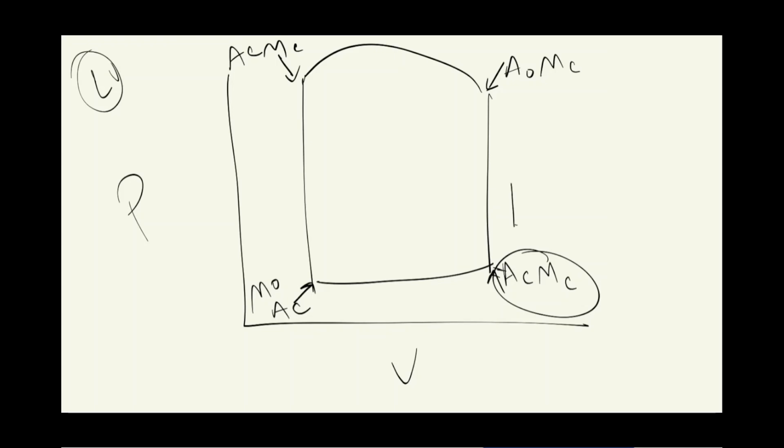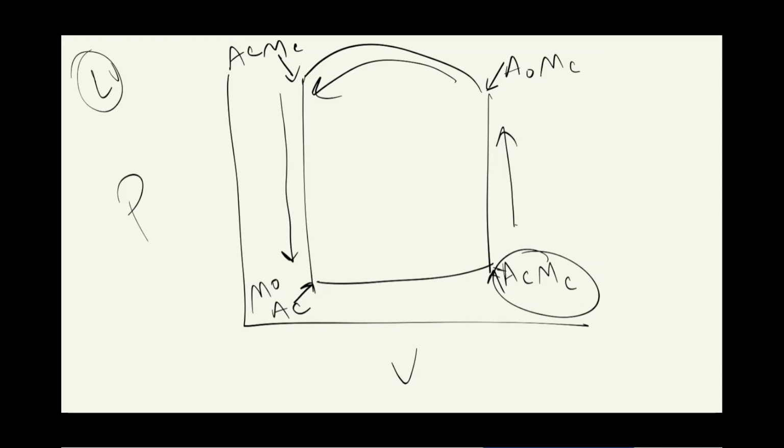Then we generate pressure. Once a certain pressure is generated, which has a certain name that we'll get to in a little bit, we have enough pressure to open up the aortic valve. Blood can leave the heart now. So now blood is leaving the heart, and the blood volume is dropping down. Then, aortic valve closed, the mitral valve is still closed. We get isovolumic relaxation. The left ventricle is dropping pressure so that it can get below other pressures to allow flow to occur.